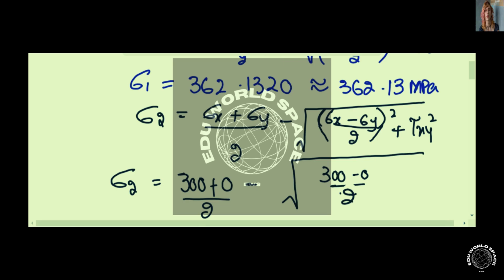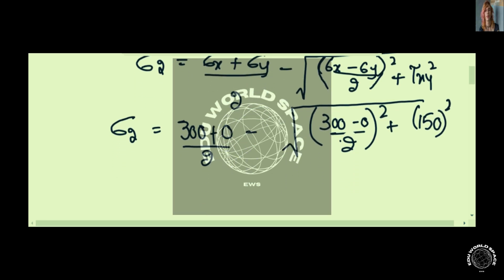So just calculate it and you'll get that sigma sub 2 is equal to negative 62.1320,